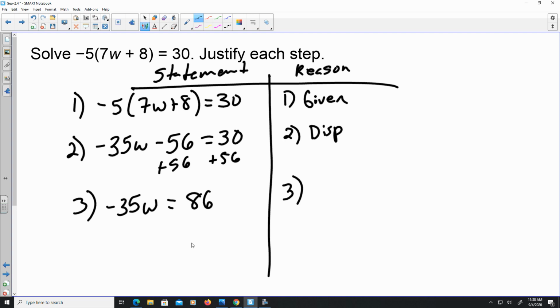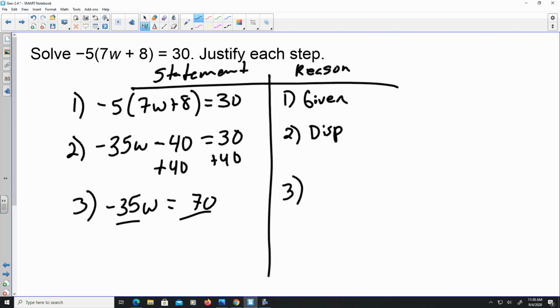And, oh shoot, it's not 56. I screwed up. This should be 40. So that means I'm going to add 40. Sorry about that. So this is 70, 30 plus 40 is 70. My apologies. Then from here,